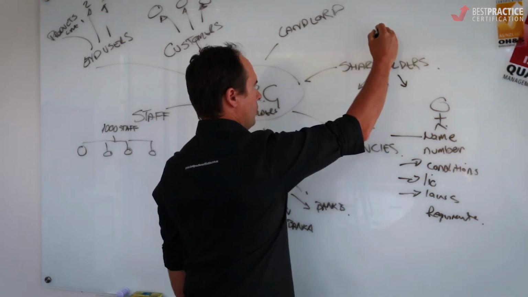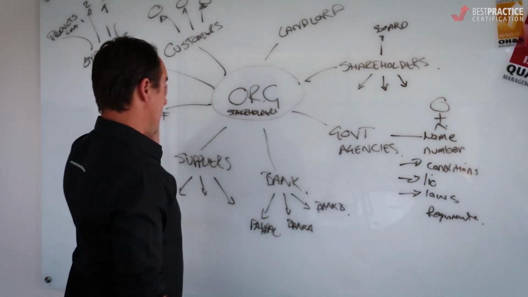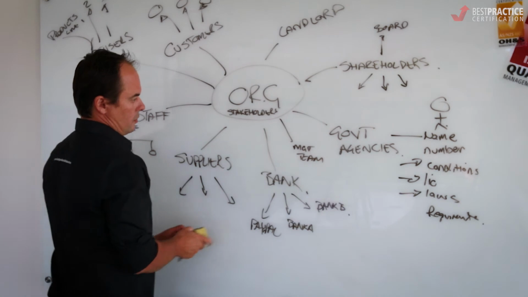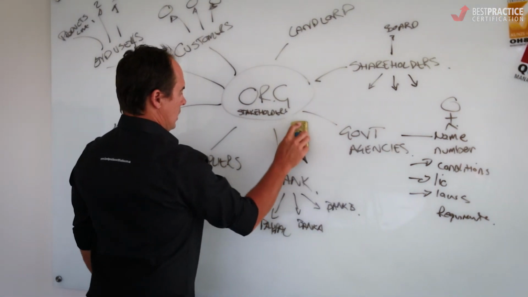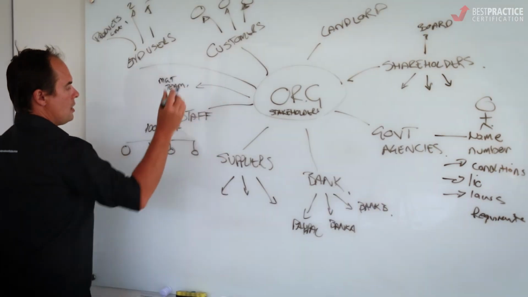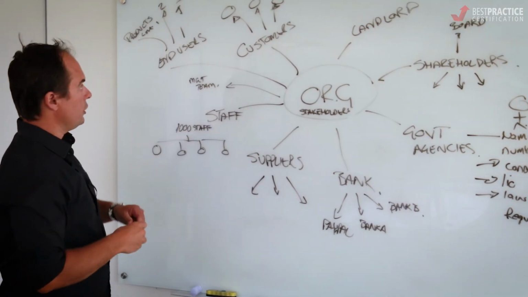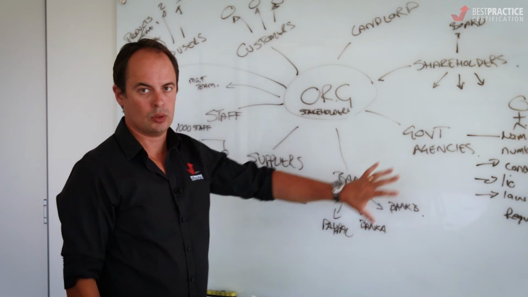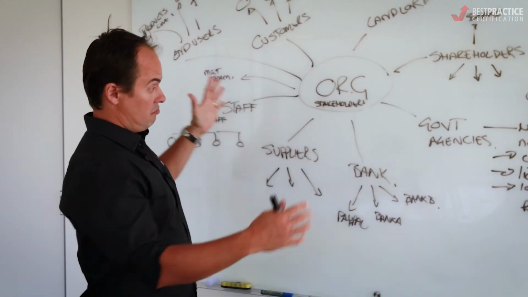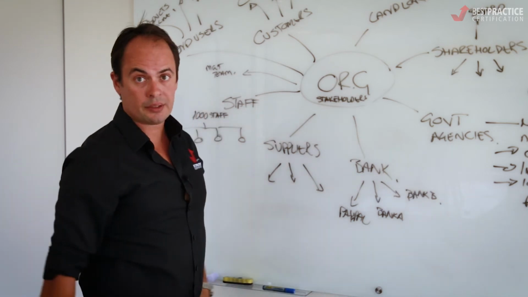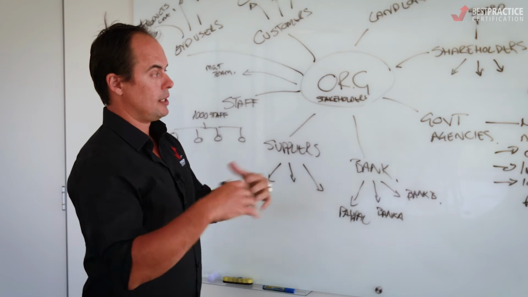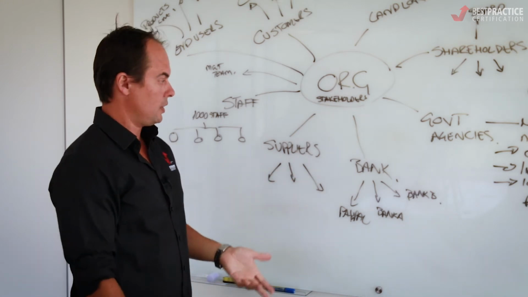You could have the board. What about management? The management team. Let's put them over here actually. Let's move these guys, the management team. Let's put them over here near staff. So at a really, really high level, it's a good, thorough brainstorming session. I'd recommend a big whiteboard like this, or a huge piece of paper and a pen, and sketch it out, and then you can make it more specific.